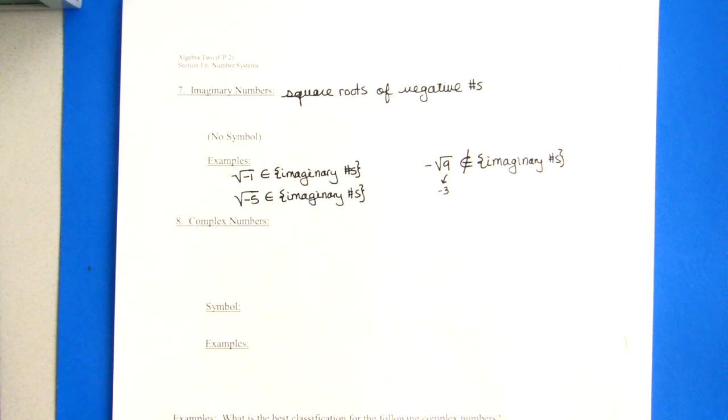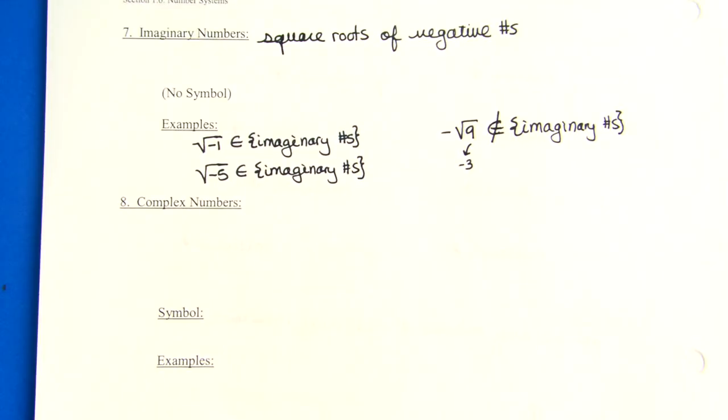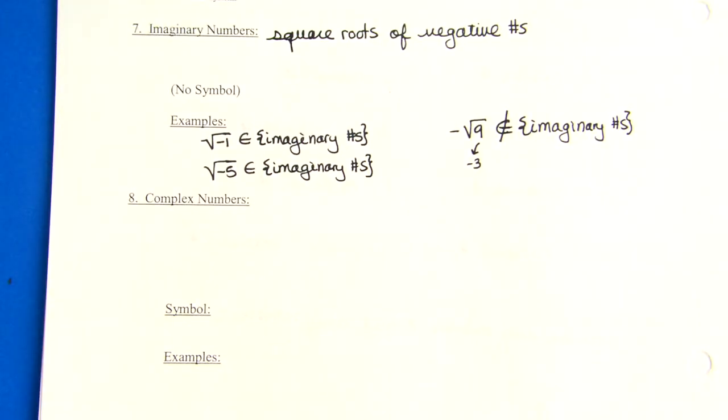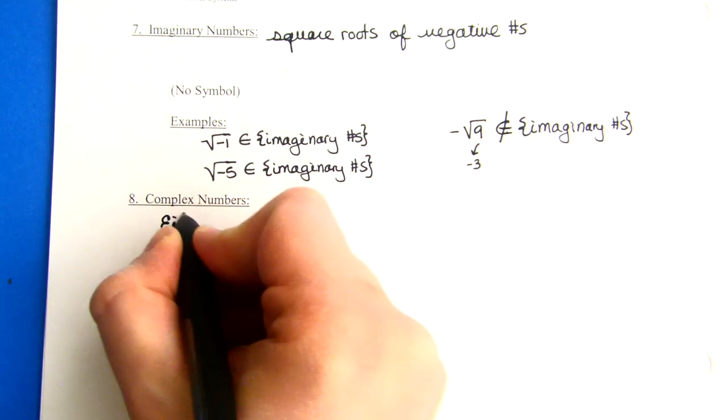I've got one more number system. And this is going to be sort of like our real numbers. I want some number system that really just is an umbrella group for absolutely every possible number we could end up with in Algebra 2. And these are called the complex numbers. This number system is just going to group everything together. A complex number is either